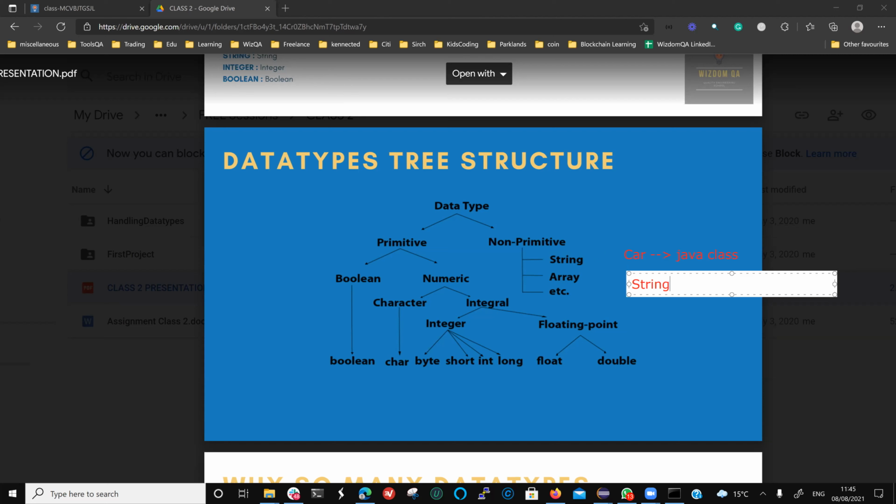String is a data type that binds multiple